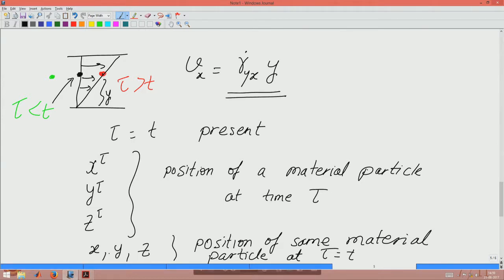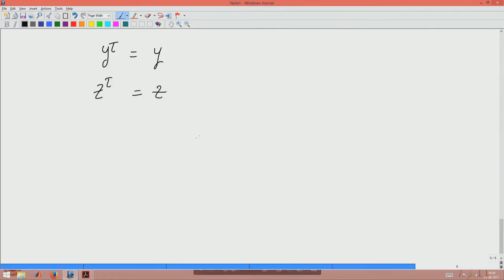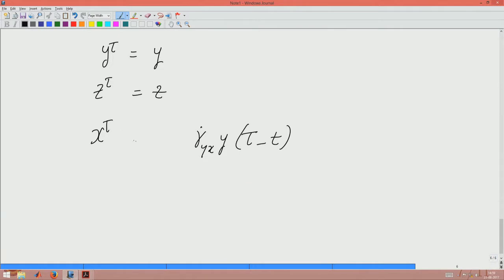So, what will be the position of the red particle with respect to the position of the black particle, given that this is at tau and this is at t? We can write gamma dot y x into y into tau minus t. It is tau minus t, because that is the amount of time for which the particle has moved at that velocity, and this will be x tau plus,